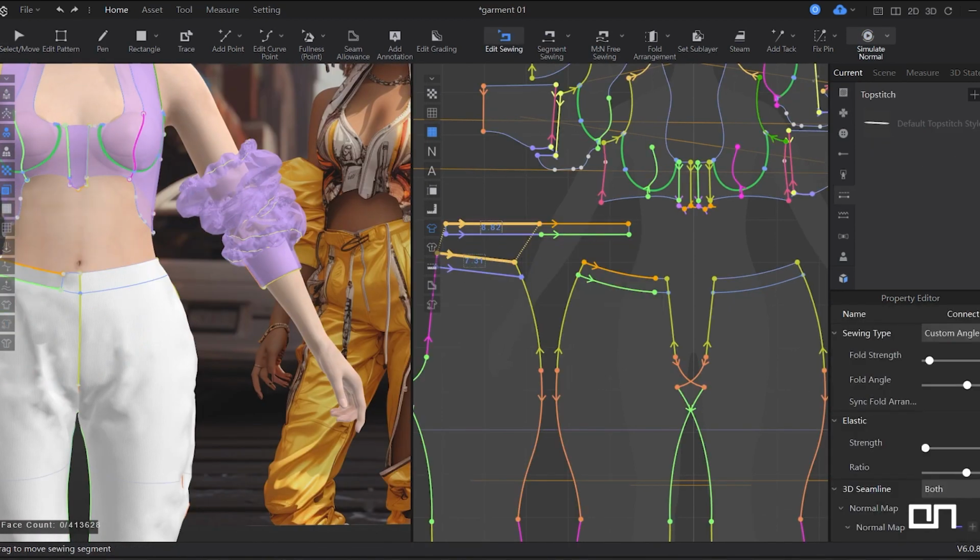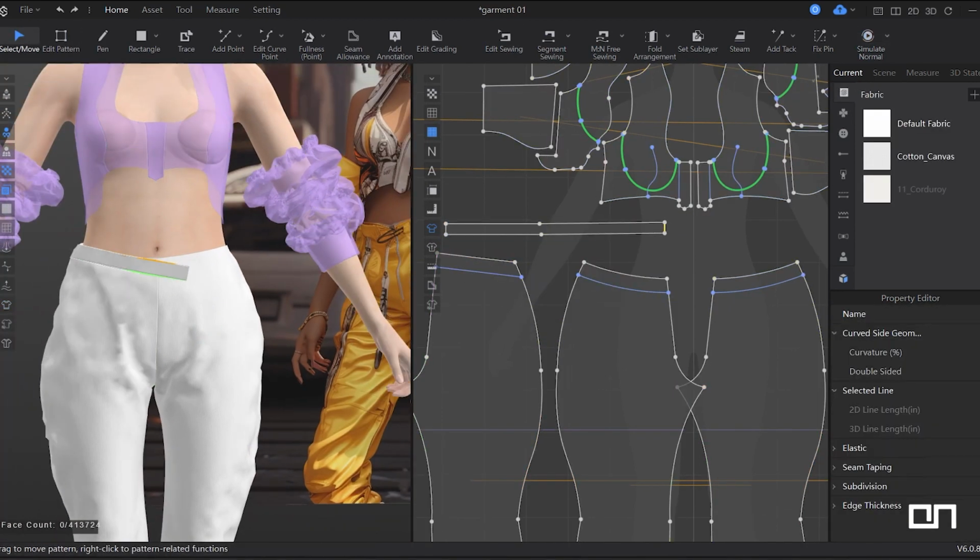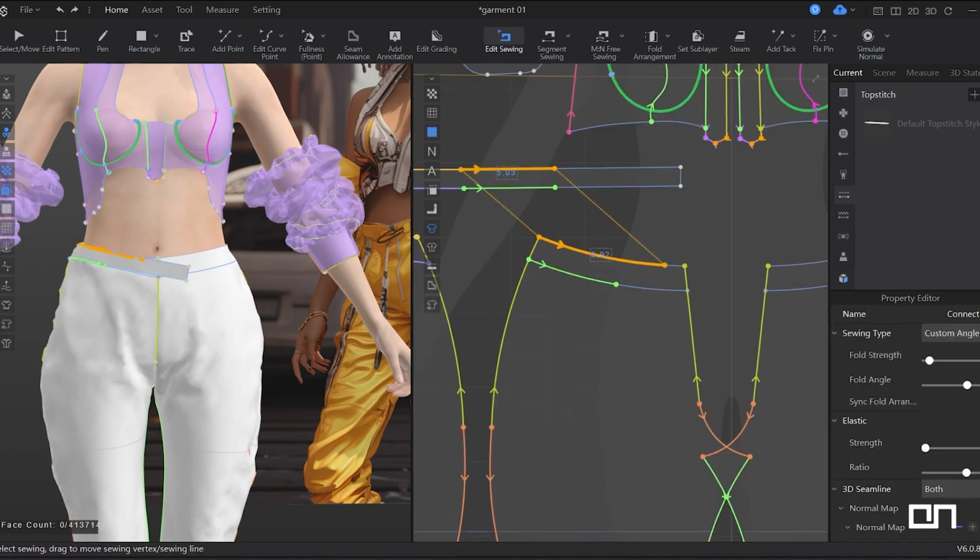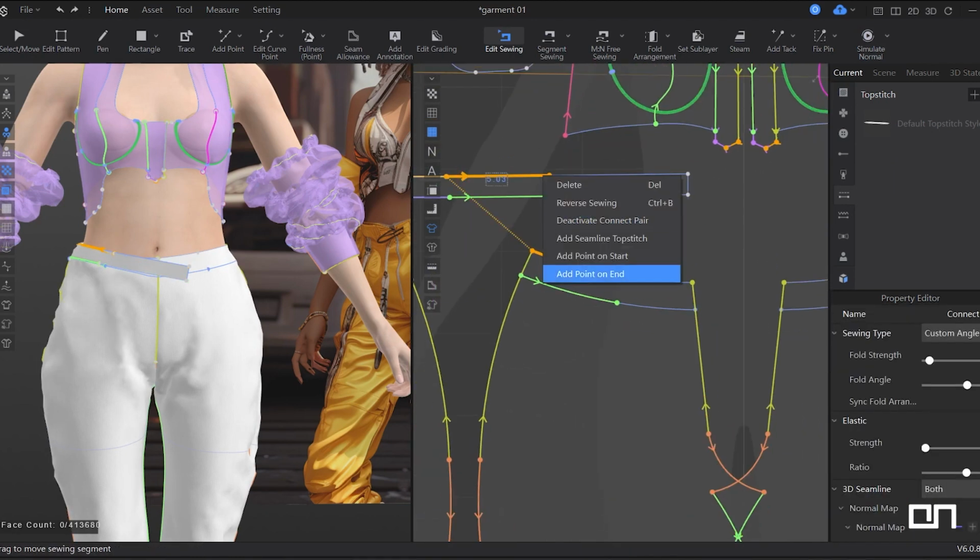And after I get a similar shape to what the trousers have, I'm making some internal lines at the waist and